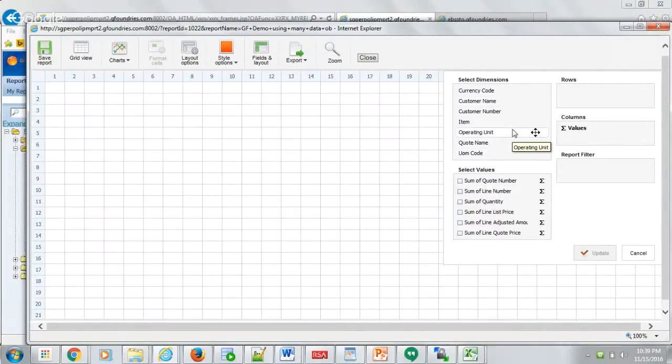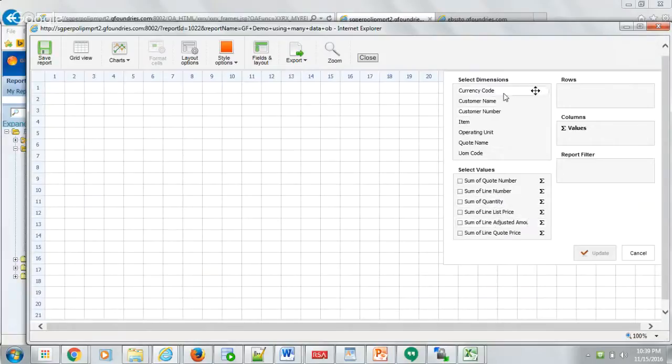So we can select what we want to see in the rows and what clicking on pivot online generates a pivot, which gives the flexibility for you to select the dimensions and the